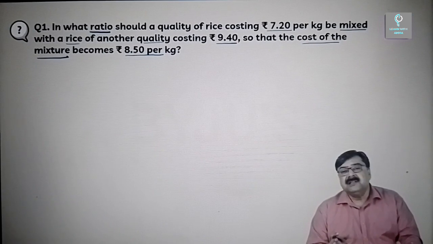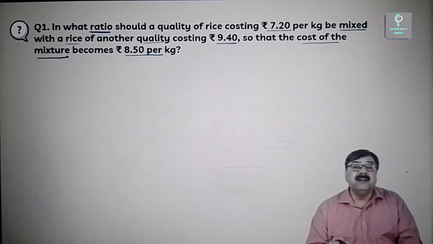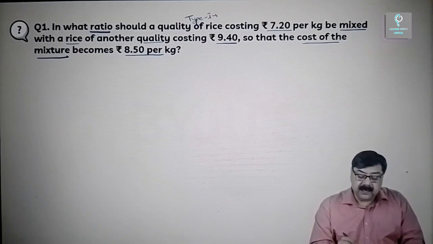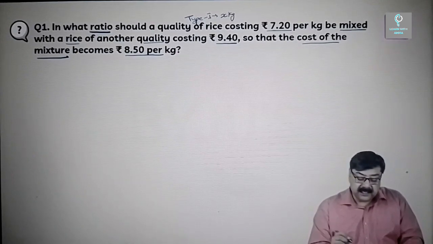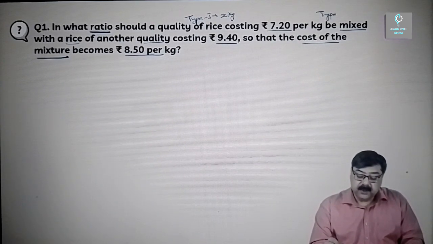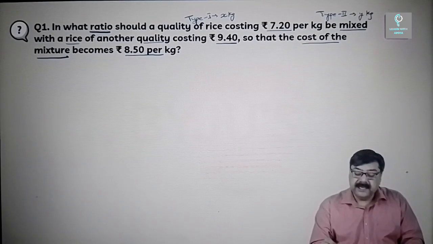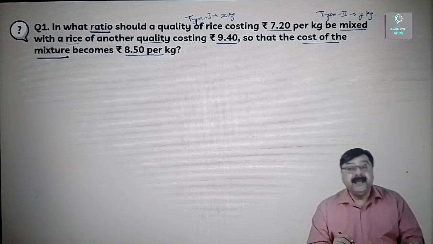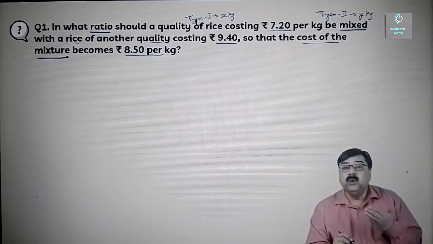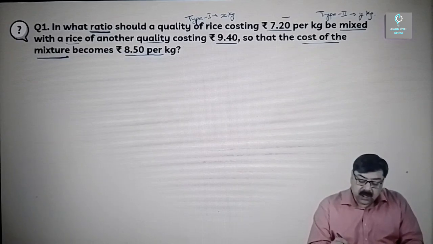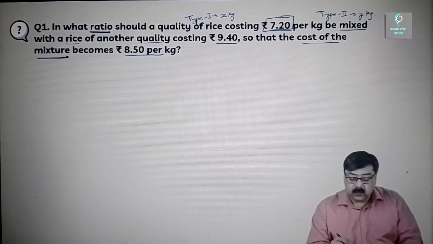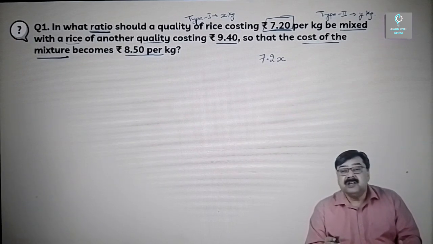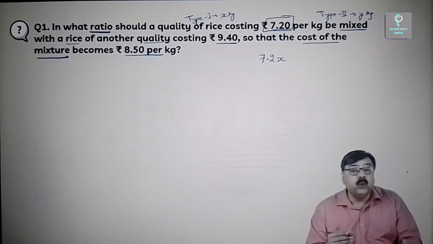Now, one of the standard methods that you must have used while solving such kind of questions during your school days would be to assume that type 1 rice is x kg and it is mixed with type 2 rice of y kgs. Now, the total cost of rice of type 1 will be cost per kg into total quantity in kgs. So cost per kg is given to us as 7.2. Total cost becomes 7.2x, because 7.2 is the cost per kg and x kgs is the total quantity of type 1,